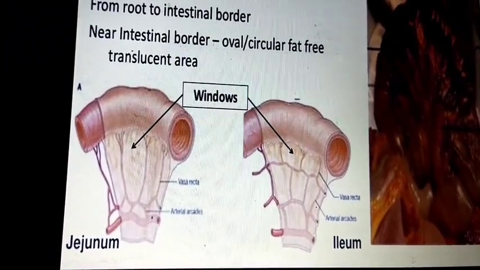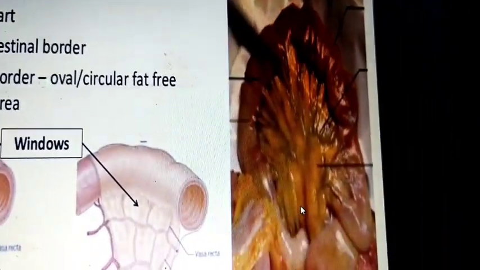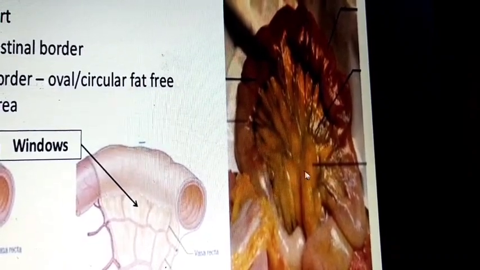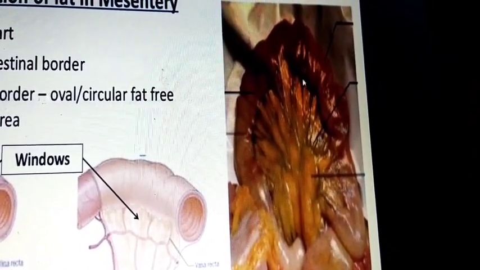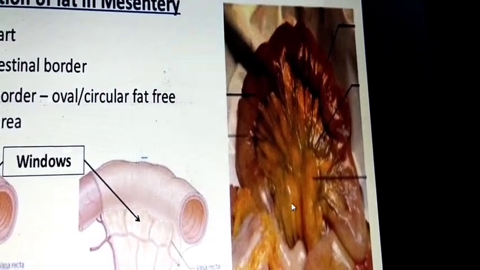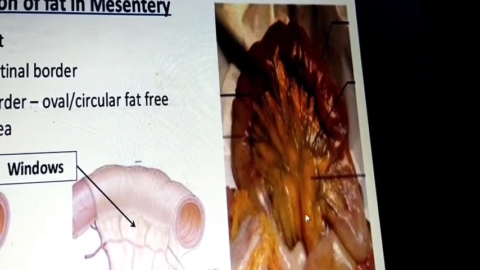Distribution of fat is most in the lower part, that is, at the root of the mesentery. Here the fat is very much as compared to the free border of the intestine. The free border contains very little compared to the root of the mesentery.